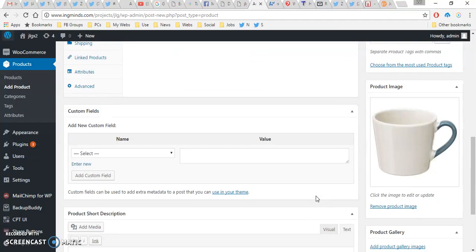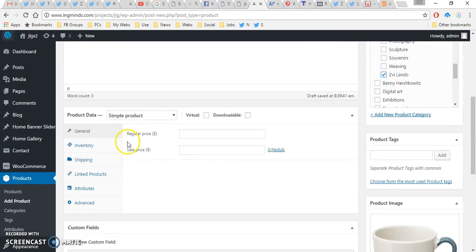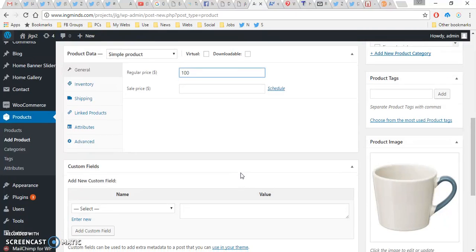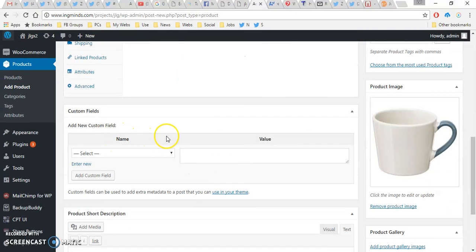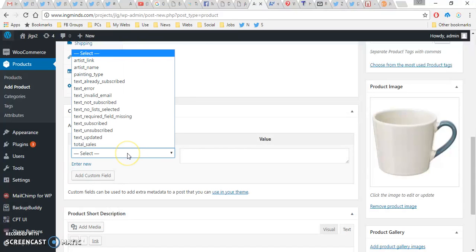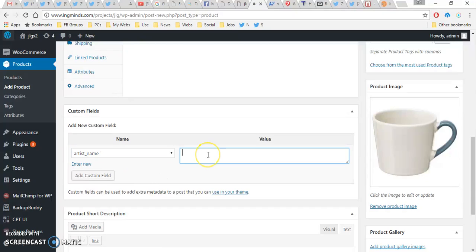Alright, here I go. Now here's a couple of things I need to do. Here's my regular price and my sale price. Let's say I want to sell it for $100. I put it here. Then I have to go here to add custom field name. And I need to put here my artist name. This is because